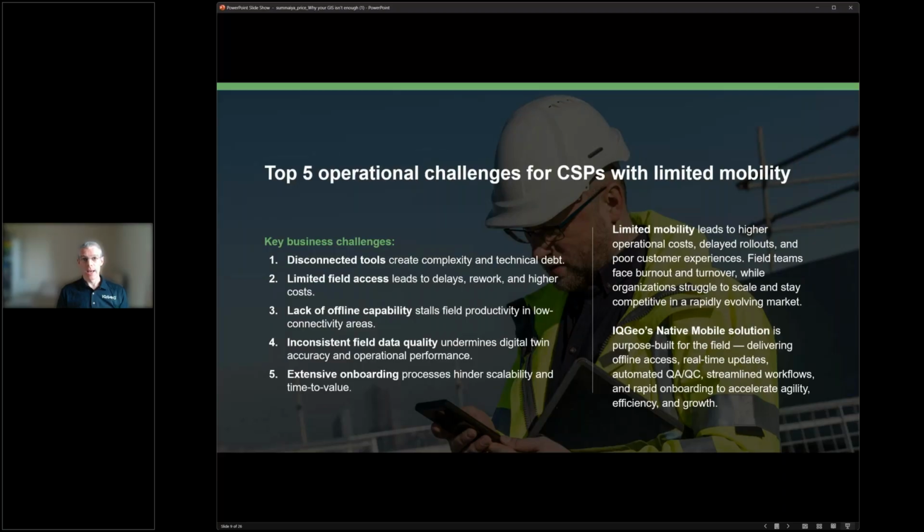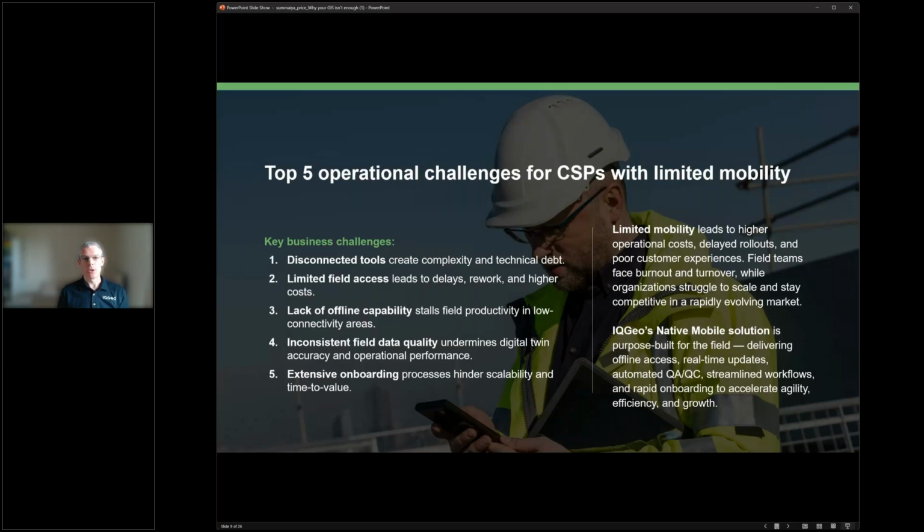And from an internal team perspective, teams are struggling with insufficient information, insufficient data, and so it's very hard for teams to be effective and to scale, particularly in today's highly competitive environment.